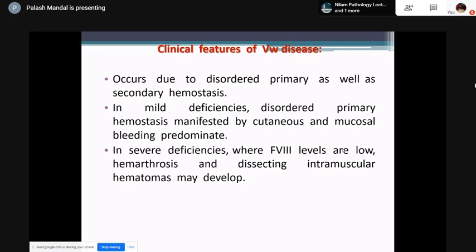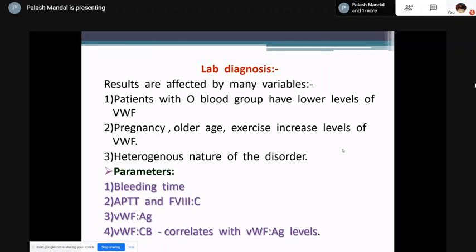In those cases, there may be hemarthrosis and intramuscular hematomas. Lab diagnosis: the results may be variable, because it has been seen that patients with blood group O have lower levels of von Willebrand factor. Pregnancy, older age, and exercise increase the level of von Willebrand factor. This is due to the heterogeneous nature of this disorder, because of variable penetrance and